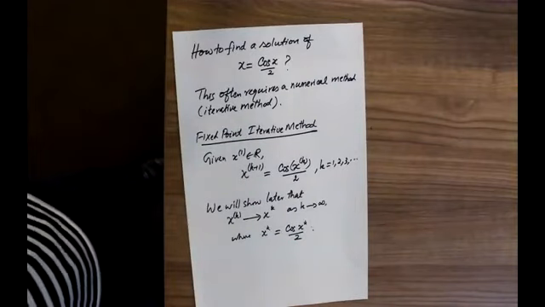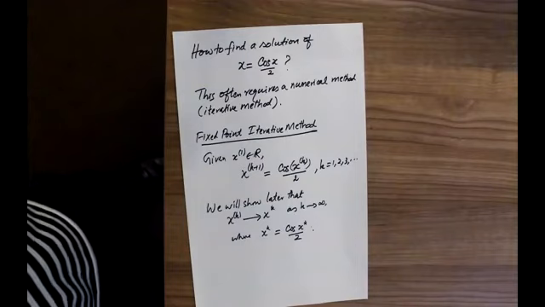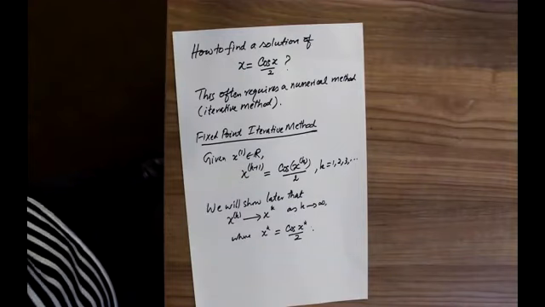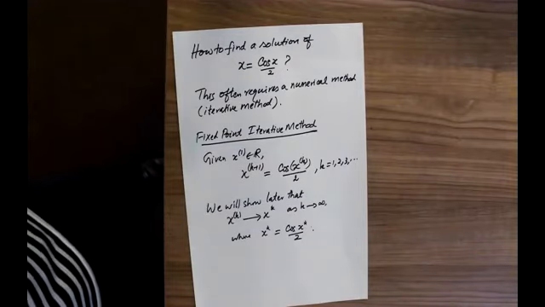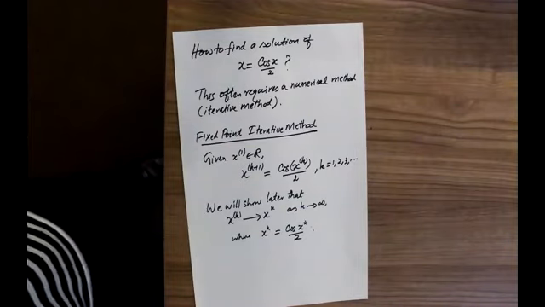So x equals cosine x on 2. This requires a numerical method, an iterative method. This is actually solved using fixed point iteration. I'll show you later on how that point is found. Iterative method: start from an arbitrary point, because you have no idea where that point is, trying to get close to the